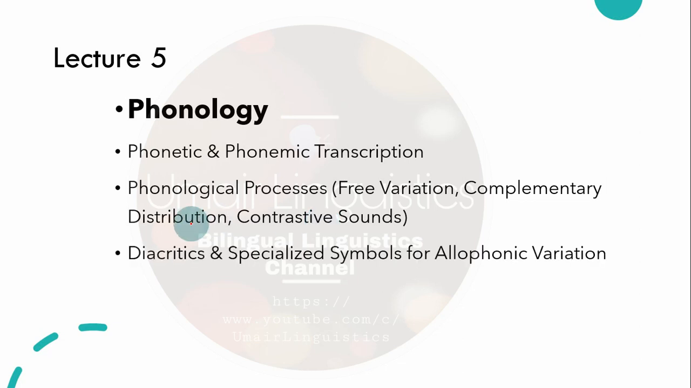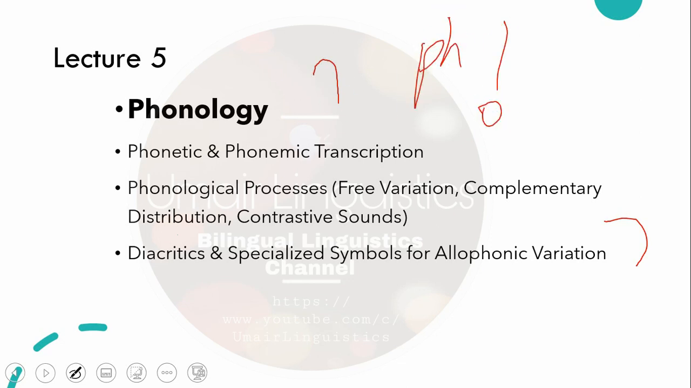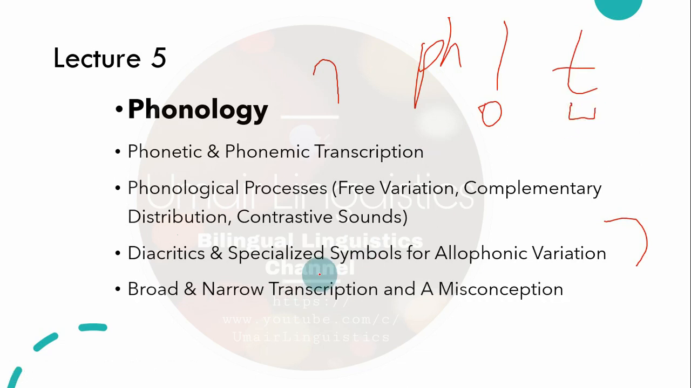Then what are the diacritic marks and what are some specialized symbols for allophonic variation, like this alveolar tap written like this, or diacritics like this one, sometimes like this one, dental. We also discuss broad and narrow transcription and the misconception that phonemic transcription cannot be a narrow transcription, but it is actually wrong. Similarly, we have some misconceptions about phonology and phonetics,